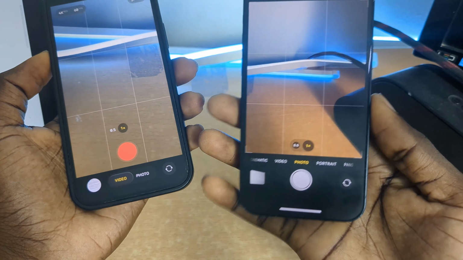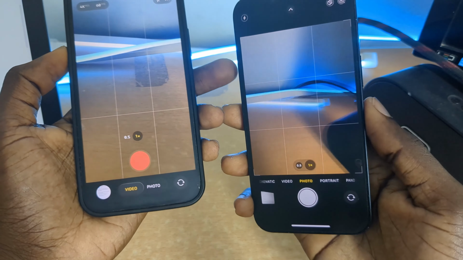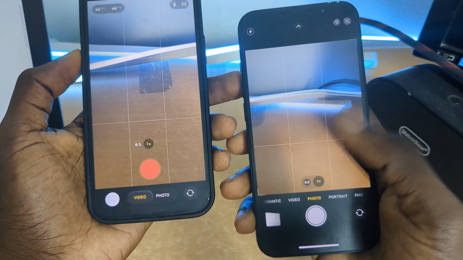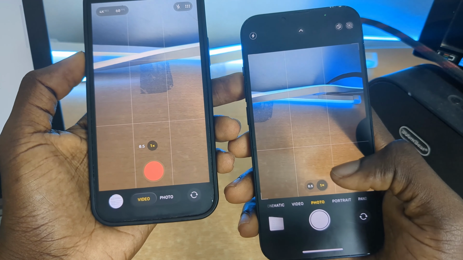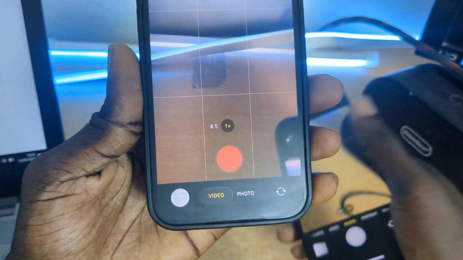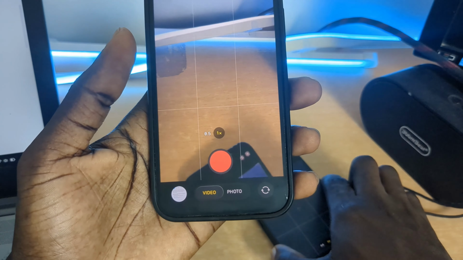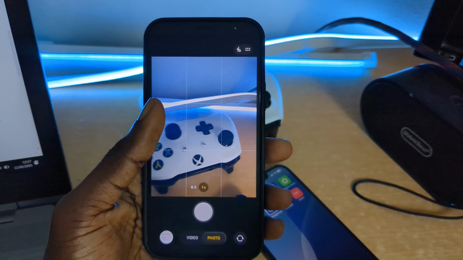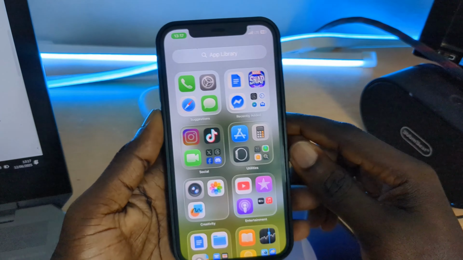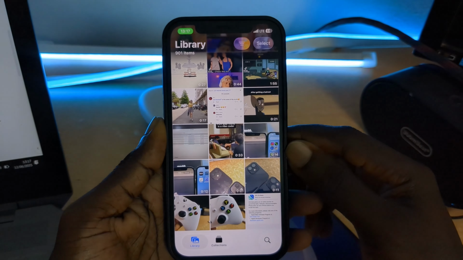I'm sure most people rarely use options beyond photo, video, or portrait mode. So I think this is actually a better user experience. Right, so since we are still talking about photos and cameras, let me just go back into the Photos app,